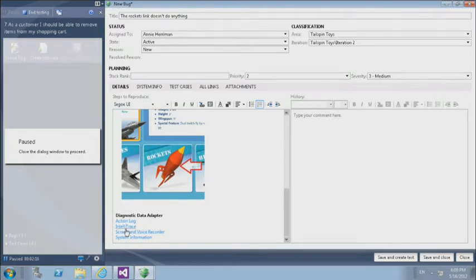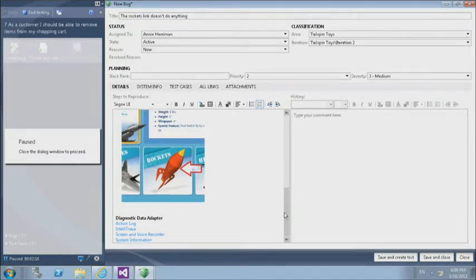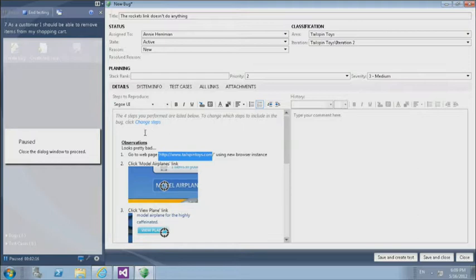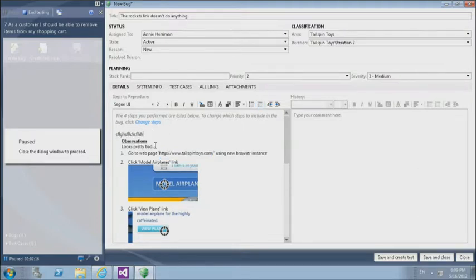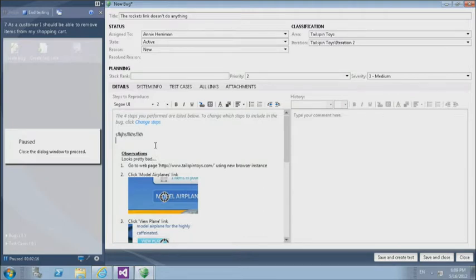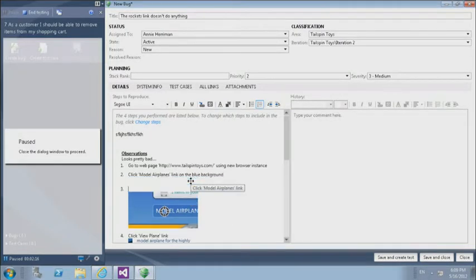It's captured information, so I've got screen and video recording here, I've got my IntelliTrace log, the action recording system information. That was because I chose my full diagnostic suite. So I've got all of that information there, and of course I can also go up here and just put in extra text. I mean, it's only putting those placeholders in there, and I think they're pretty good. If I wanted to tweak them a little bit on the blue background or whatever you need,